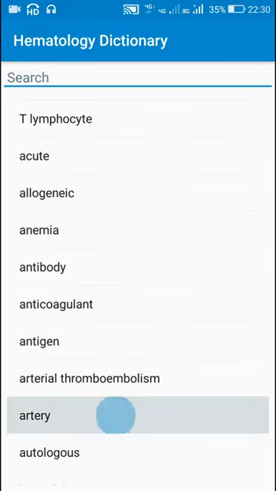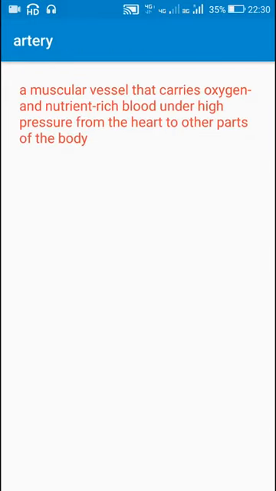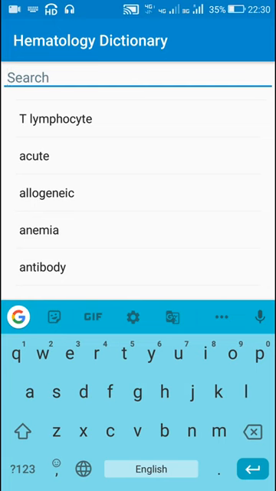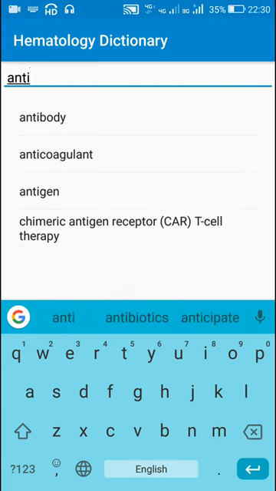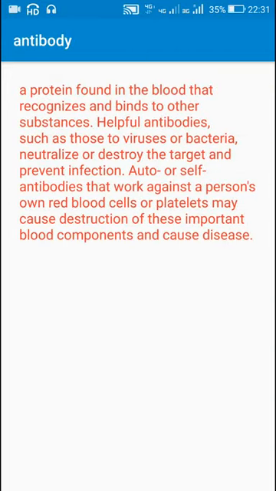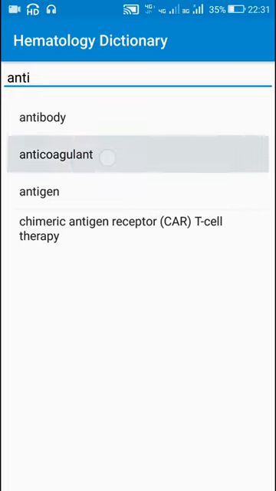Acute, it will display the meaning, and artery, so this is the meaning. Now suppose I search this by writing antibody, the antibody will be in the beginning, and when I click on antibody, it will display the meaning of antibody, and this is the meaning of anticoagulant.